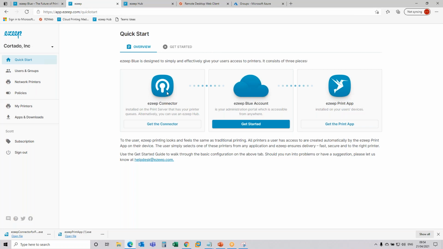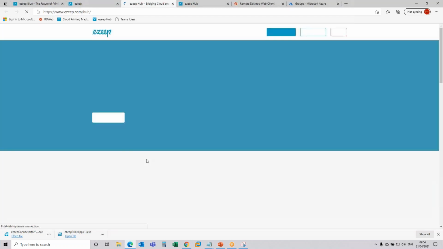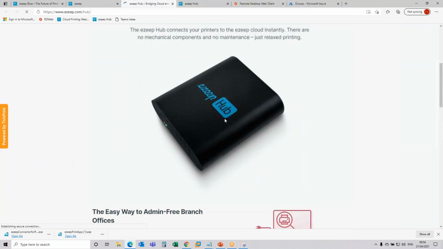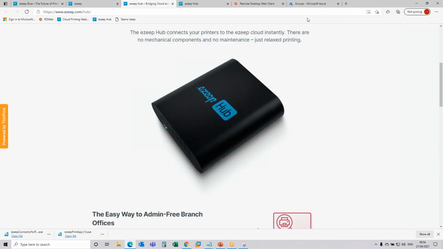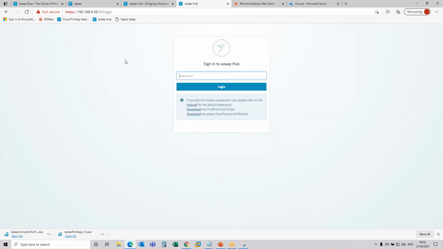Okay, because we've spoken about the Ezeep connector and we've spoken about the actual hub, if I click on the Ezeep hub, it'll take me to a website and it'll actually show you the Ezeep hub. Now I have an Ezeep hub installed here already. In my remote office where I'm sat today, I have an Ezeep hub plugged into my switch. This is the logon screen that it'll look like when you go to log on. So if I just pop in my password,